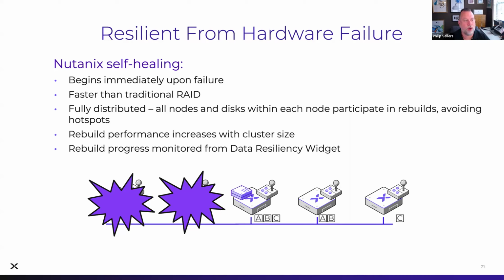In general, we don't run witness nodes except in specialty use cases. 2-node clusters have the ability to have a witness node. There are certain use cases in ROBO and Edge where a 2-node cluster may make sense, and that does have the witness node as a component. But in general, we start with a 3-node minimum, and 2 nodes have to be online to keep the cluster and all workloads